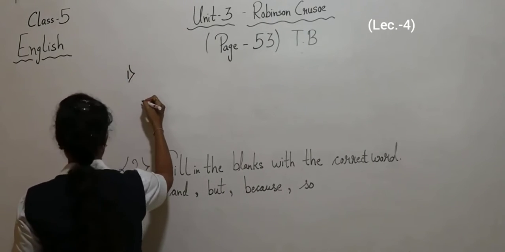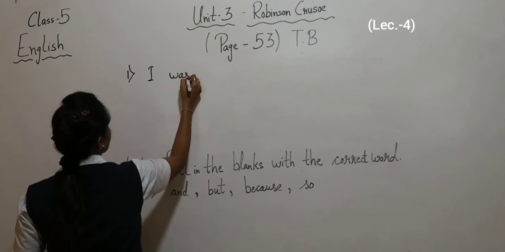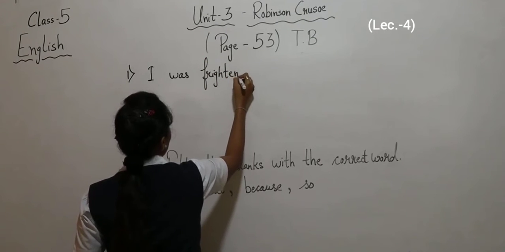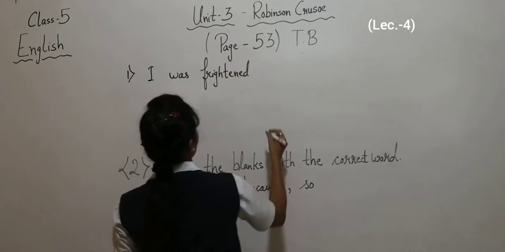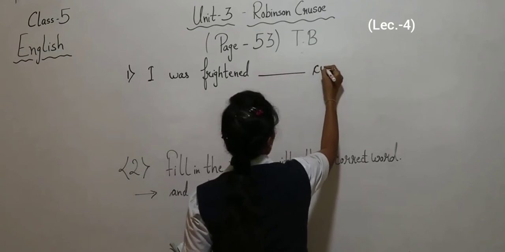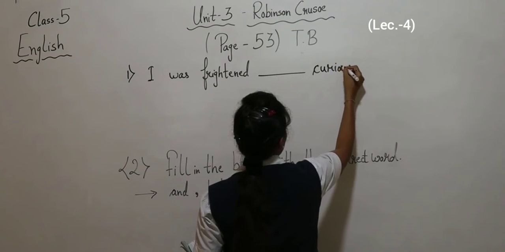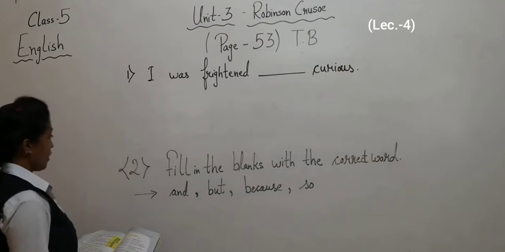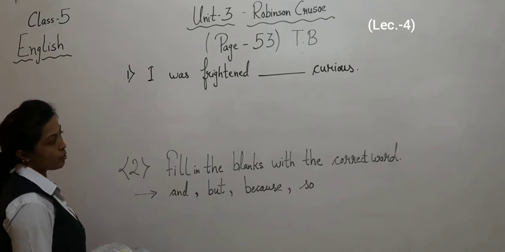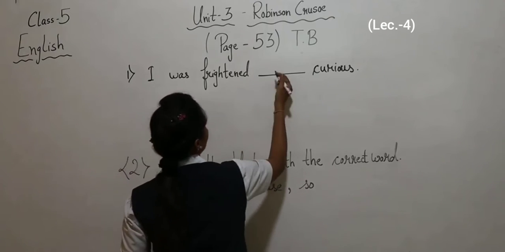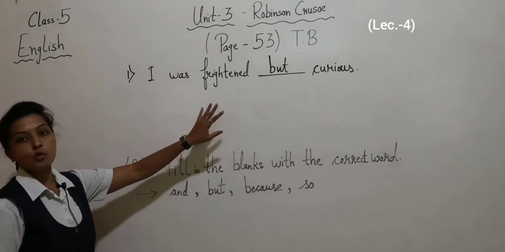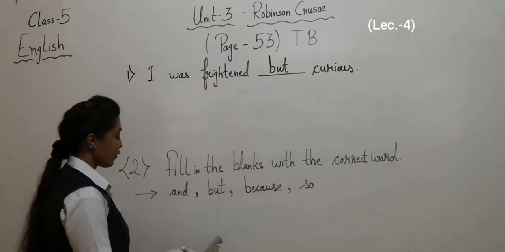One, I was frightened, frightened, that is fear, frightened, dash, curious. So what comes in this blank? I was frightened, dash, curious. I was frightened but curious. As I am frightened, but still I was curious. Then after,